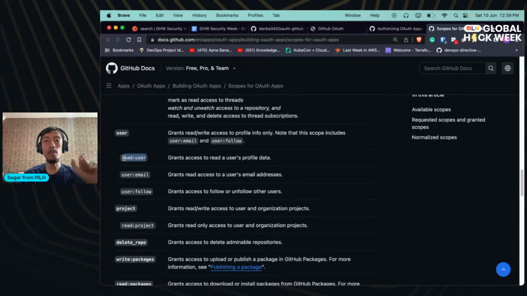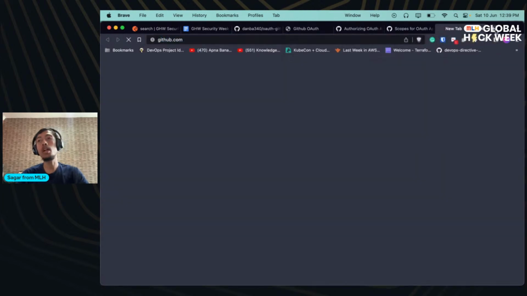So we will use this scope. Please remember that in mind. Before we get started with understanding the code and how this all works, we need to create a GitHub application first. For that, we need to go to our GitHub